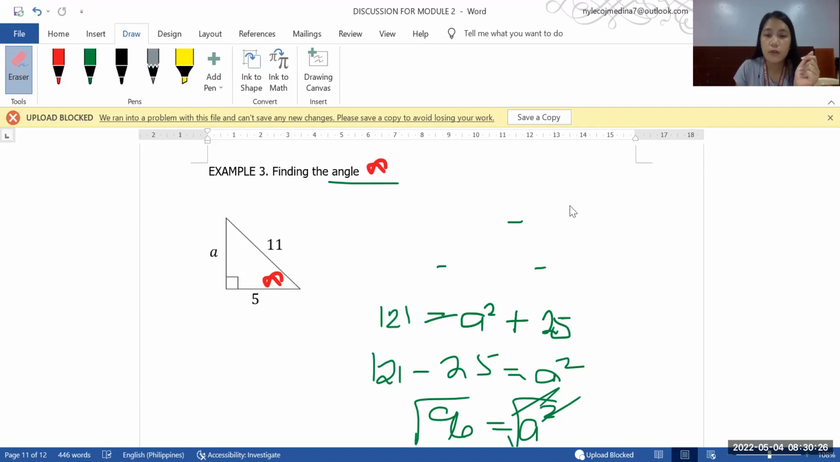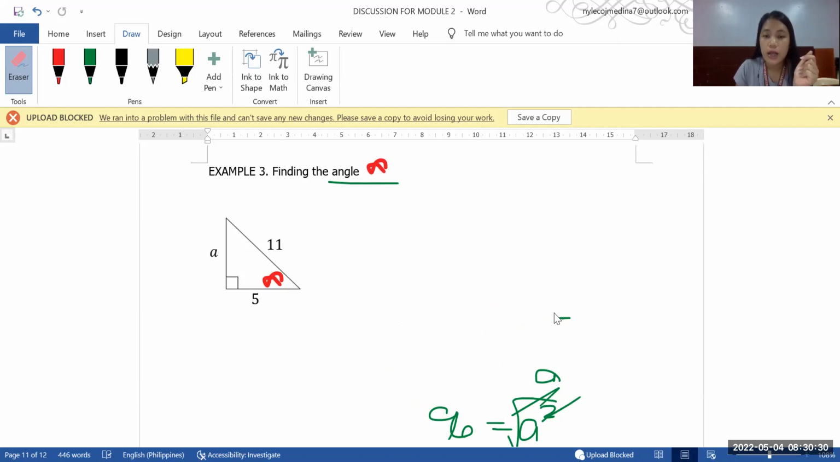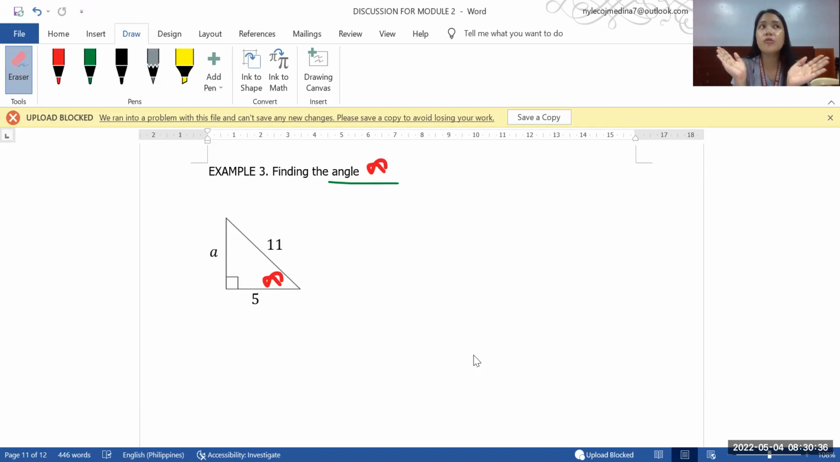What we're looking for is the angle. 180 minus something can't be used, since there is no given second angle. So, using your SOHCAHTOA,